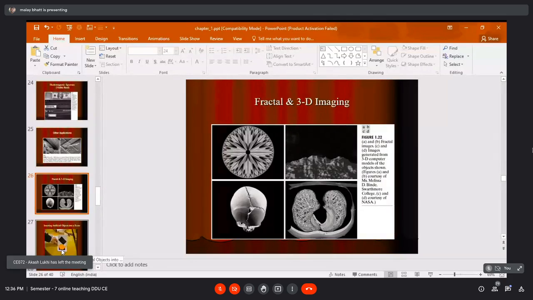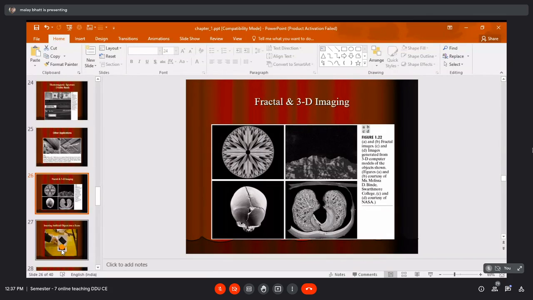Another is fractal. So I hope you are aware of the fractal. Normally when you see the pictures, you will find that some mountain range is generated in certain pictures. That is through the fractals. Fractal means, we can say the log of a wood. When you say log, that log is nothing but a fractal. The same pattern is repeated.